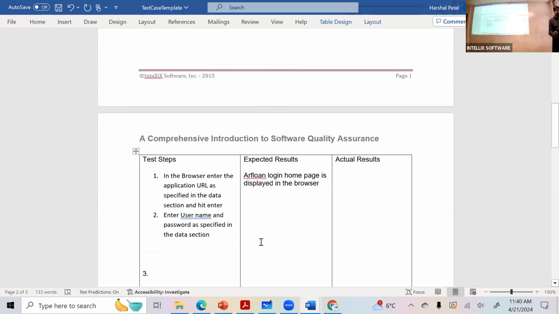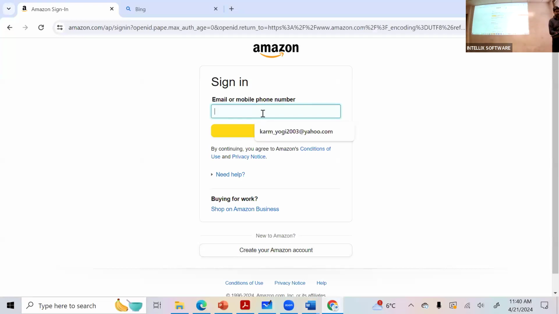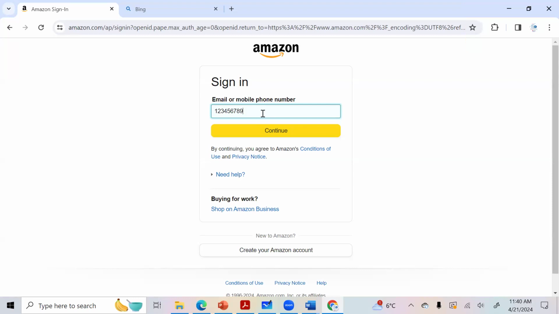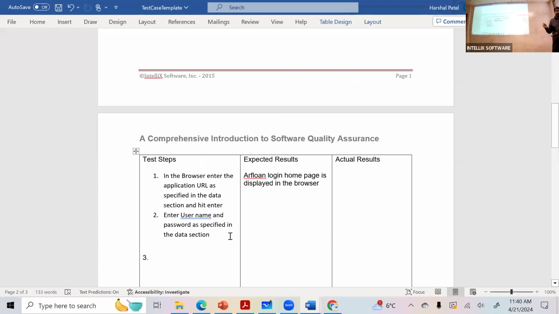If I enter just a username and a password, is that sufficient? Okay, so I'm going to take you back here. If I put my phone number 1, 2, 3, 4, 5, 6, 7, 8 like this, is that good enough? Yeah, you click continue. I have to click continue. Just by entering it, it's not going to do anything for me. So here also, if I just enter a username and a password, it's not going to do anything. I have to take some action for it to do something for me, right?